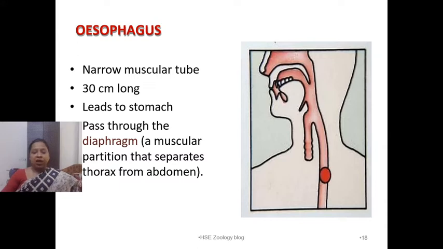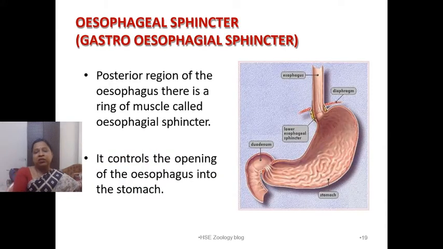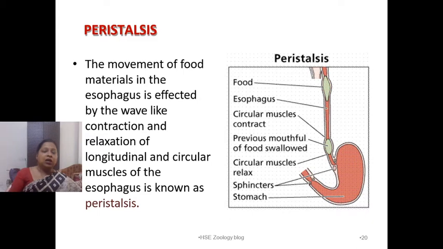right, it also passes through the diaphragm, fine। Now when the food passes into the stomach it is guarded by the esophageal sphincter। Esophageal sphincter जो है वो stomach के opening को close करता है, fine। So it is made up of sphincter muscles, right। So when the food from esophagus enters into the stomach the sphincter is closed, ठीक है, sphincter close हो जाएगा and because of this closing of the sphincter the food cannot return back into the esophagus, right। Esophageal sphincter is also known as gastroesophageal sphincter, fine।